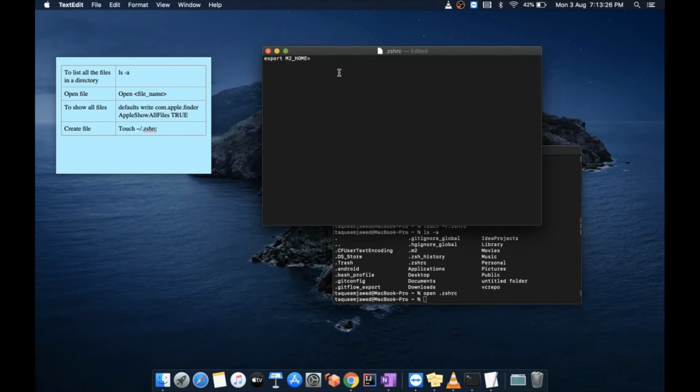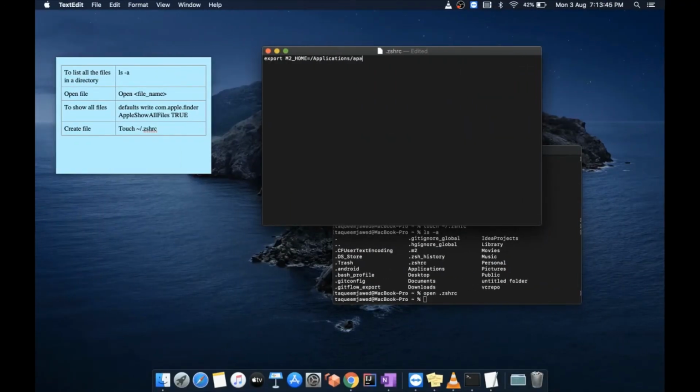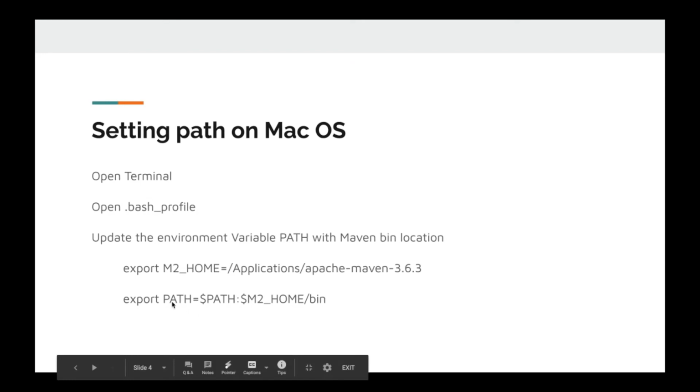So we'll just write /Applications/. This version could be different; you can just copy this and paste it there, changing the version name. For me it is 3.6.3, so we'll be writing apache-maven-3.6.3.